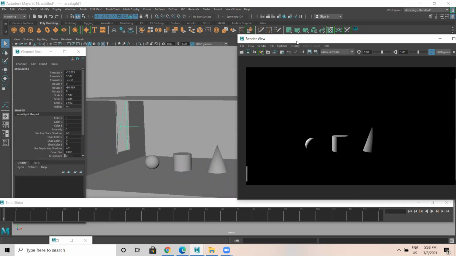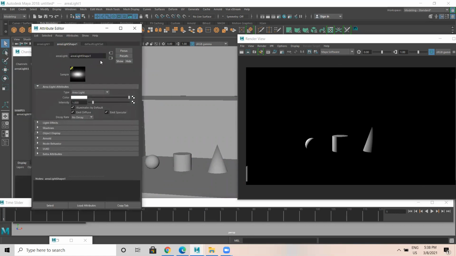In Maya software IPR, now go to the attribute editor. Here, if I increase this intensity, something like this.